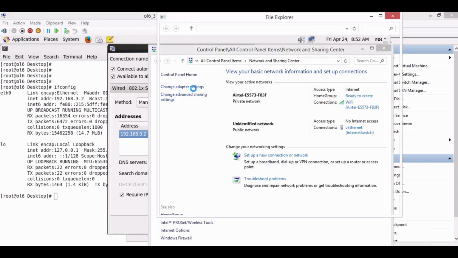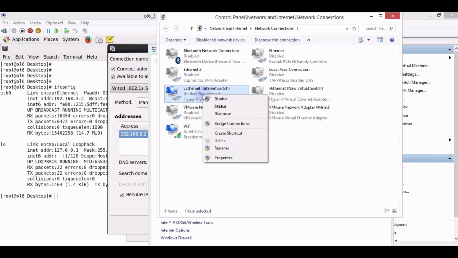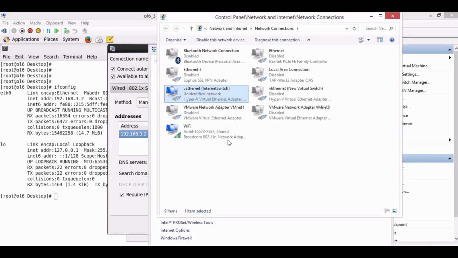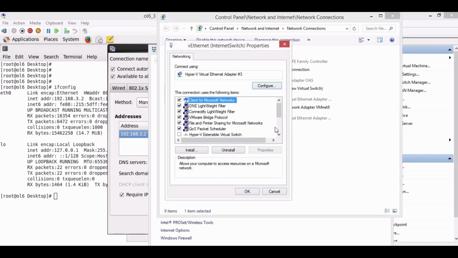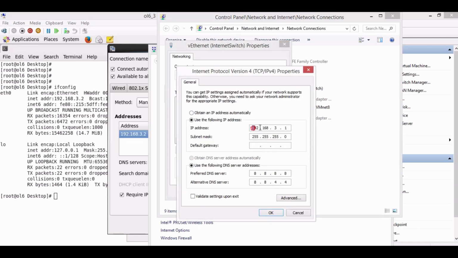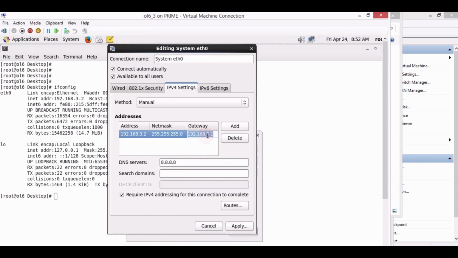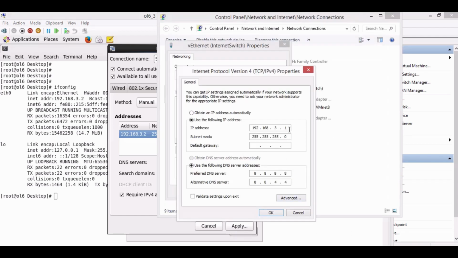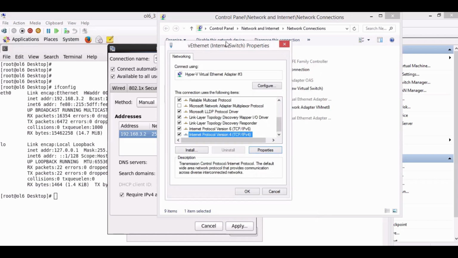Let's see what IP we have provided for the internal switch that we have configured using Hyper-V. Navigate to the Internet Protocol version 4 and note this IP. This IP we will be using as a gateway for the virtual machine. We have to put the same IP in the gateway so that we can connect to this gateway from the virtual machine.